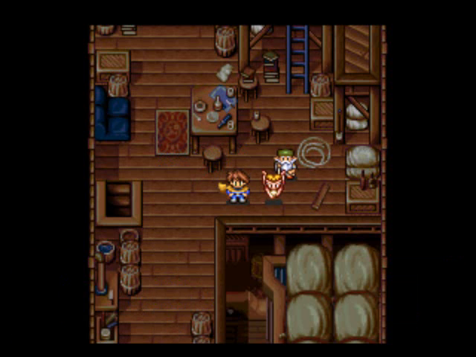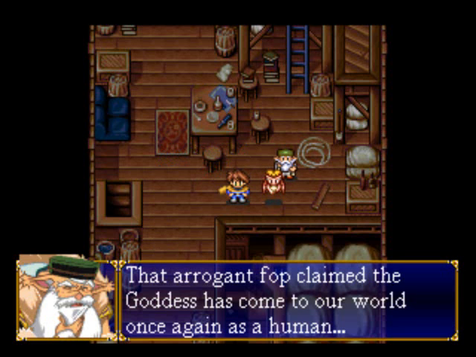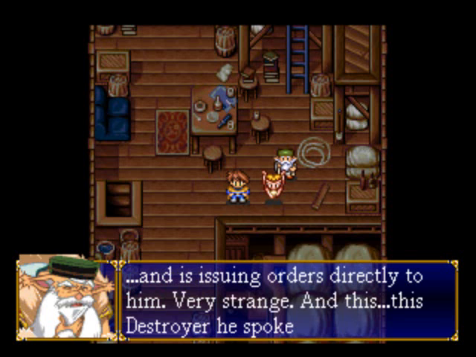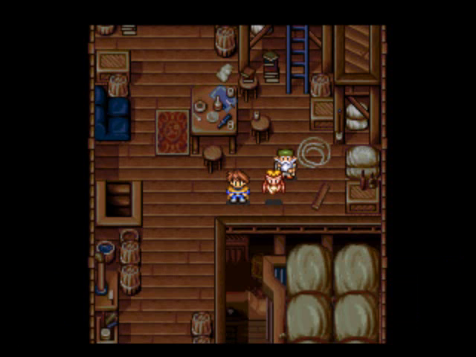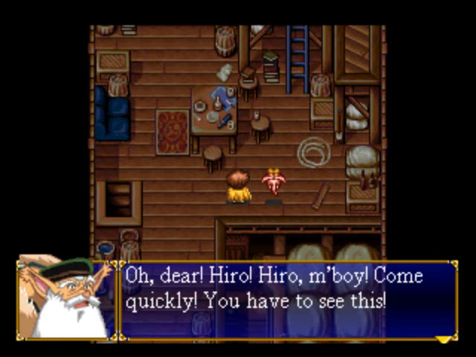Well, back to the happy music. That arrogant fop? Whoa. Is that like a way of cursing for old people? I don't know. That arrogant fop claimed the goddess has come to our world once again as a human, and is issuing orders directly to him. Very strange. And this destroyer he spoke of, something's up, my boy, that's for certain, and I don't like the smell of it. Not one bit. Well, yeah, I'm not too keen on the destroyer destroying the world either, Grandpa, so...